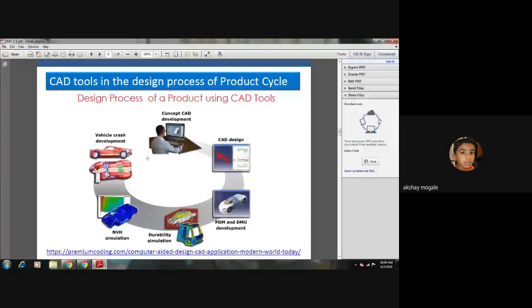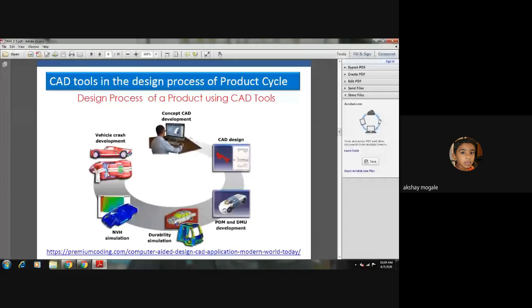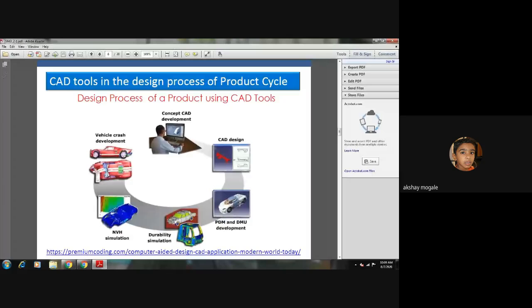This is how computers are being used: CAD tools are used for modeling, then product design and development. That means stress analysis, all these things would be done. Here durability and simulation, the same thing. Here noise, vibration and harshness simulation would be there, and this was a crash test. All these things are being done on the computers.